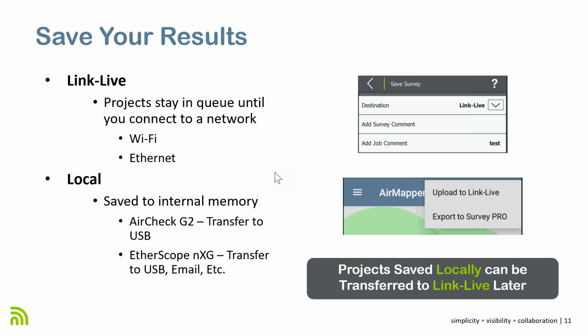Let's say you have a big project and you do 10 separate surveys, or decide to save 10 separate ones and merge them later on Link Live. Because hey, no need to save them locally. Just select the Link Live option. They'll stay in queue until you can connect to a network, and then all of them, for example, all 10,